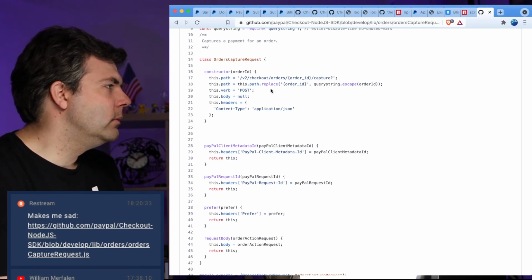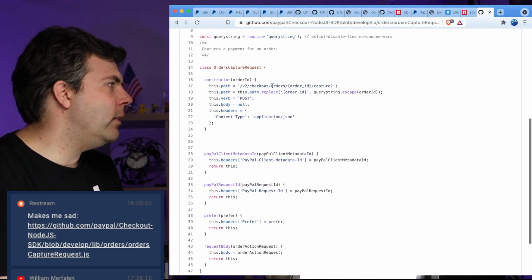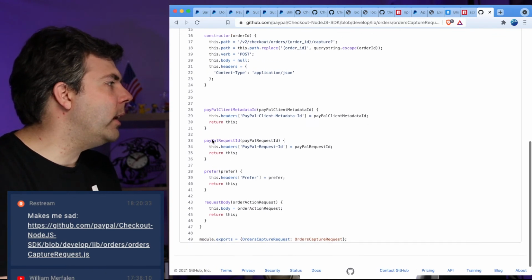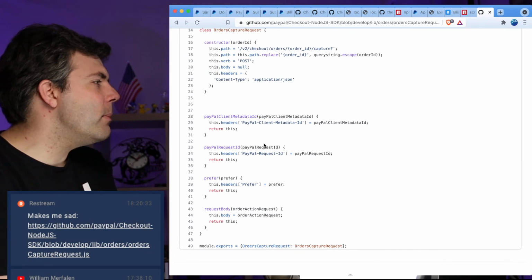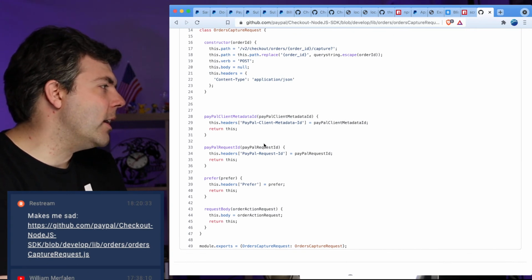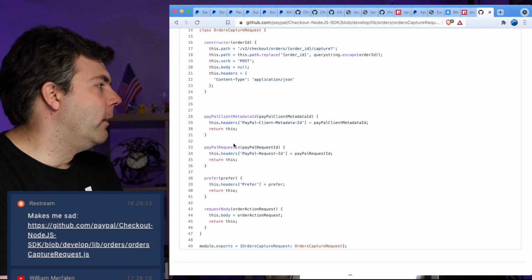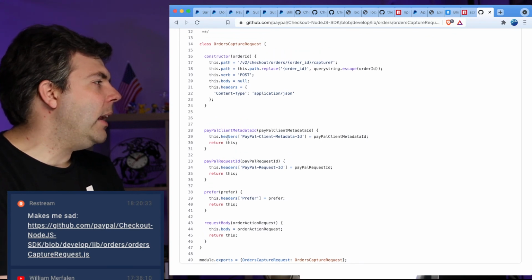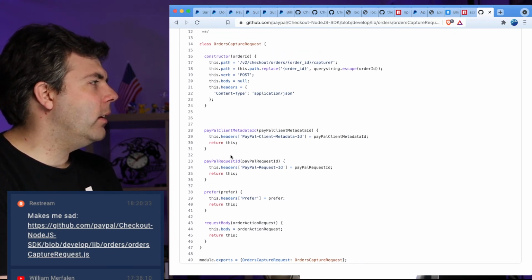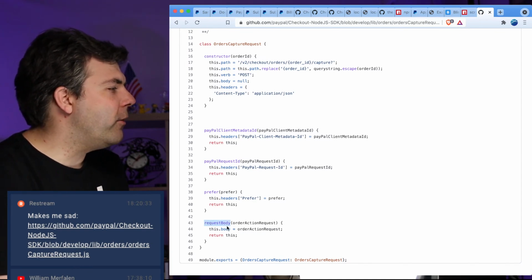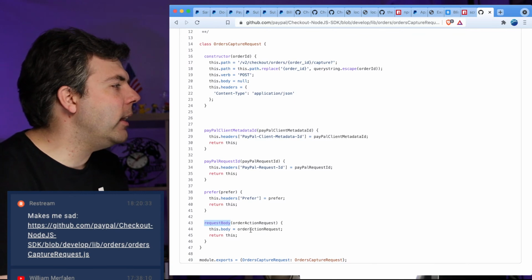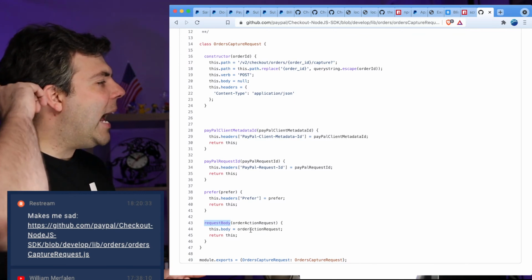So it's just lots of ceremony. And this one, it's not too bad. It's just there's ceremony where there doesn't need to be any ceremony. I can set a header. I don't need a method to set a header, and I certainly don't need a function to set the request body. So it's adding